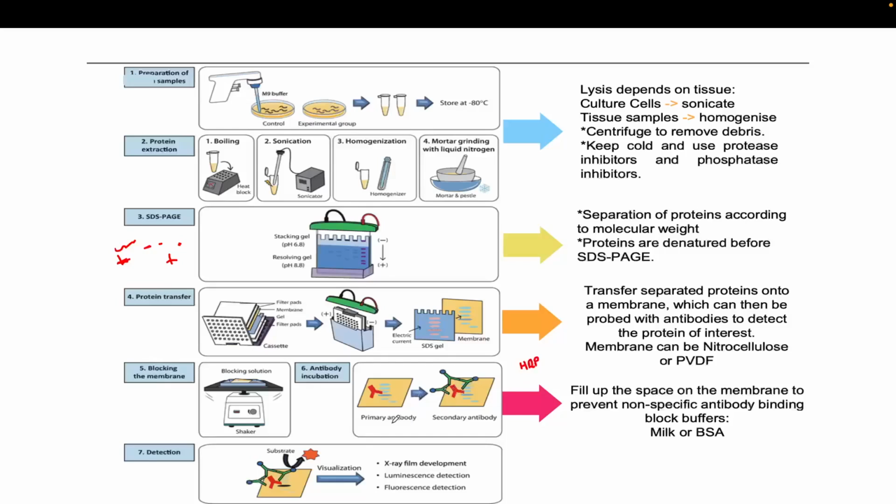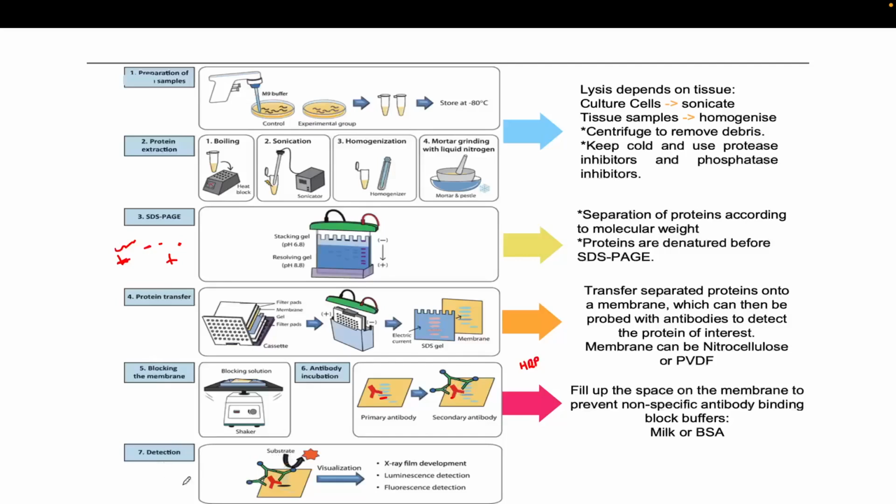Here you can see that the primary antibody has to bind first, which is specific to this antigen. Then you add the secondary antibody, which is specific to this primary antibody and is HRP labeled. HRP is horseradish peroxidase. It can be another enzyme also, but the most common one is horseradish peroxidase. So it is labeled, and when this secondary antibody is bound to the primary antibody, now what you have